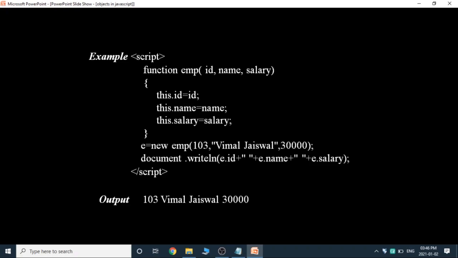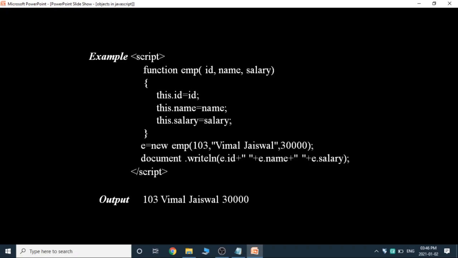This.name = name and this.salary = salary. All these arguments have some values. If you observe here, e = new. By using this new keyword, we will create objects.